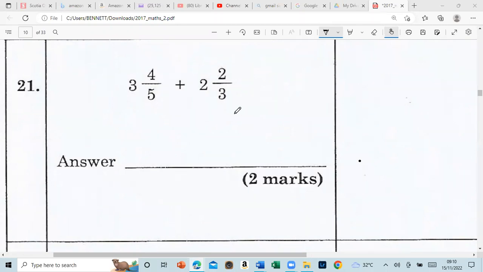So we are at 21 and this is valued 2 marks. This is a typical CSEC type question. So let's go. It says 3 and 4/5 plus 2 and 2/3. Now there's two ways you can do this. We can either add the whole numbers and then add the fractions separately. I think I'm going to do it that way for space. So we add the whole numbers, 3 plus 2, so the whole number is 5. And then we're going to add the fractions separately. So it will be 4/5